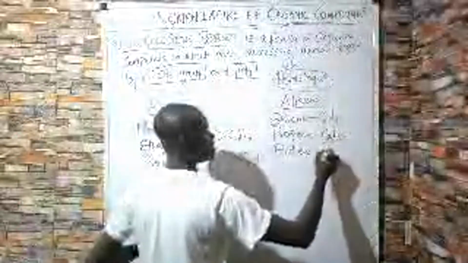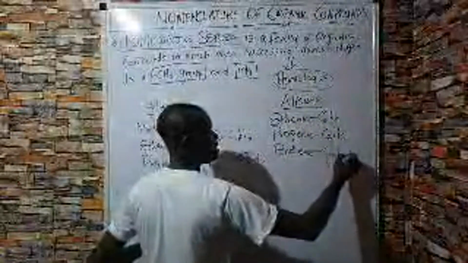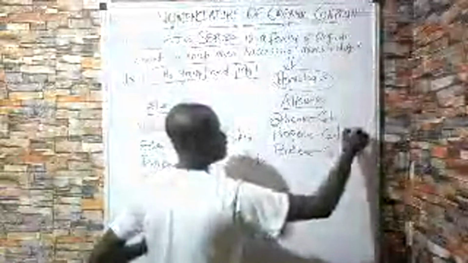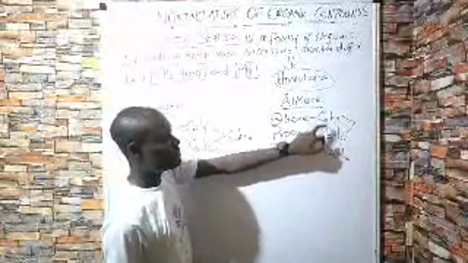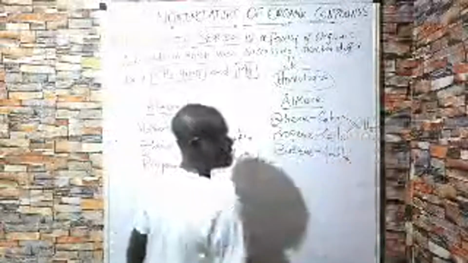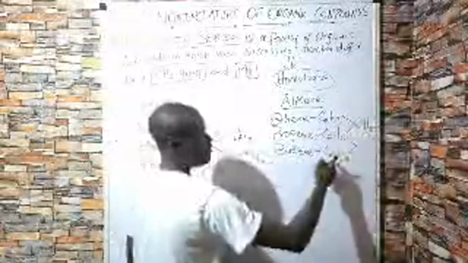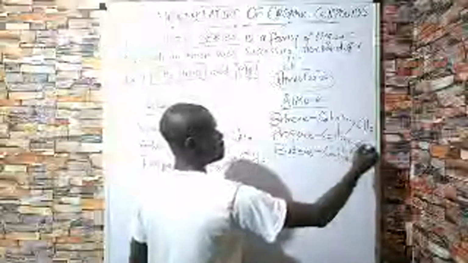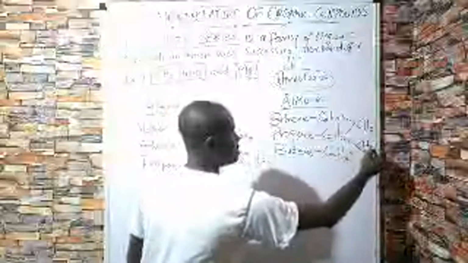Now 8 minus 6, you keep getting 2. Ethane is C2H4, propane is C3H6, butane is C4H8. If you take the difference between these two, 3 minus 2 is 1 again. Now 6 minus 4 is 2. So the difference again is CH2. The same thing we apply here. 4 minus 3 is 1, then 8 minus 6 is 2. Now you get to see that the difference between each successive member is a CH2 group.